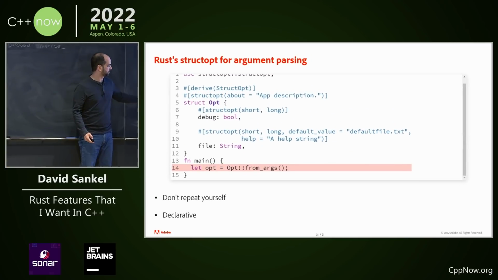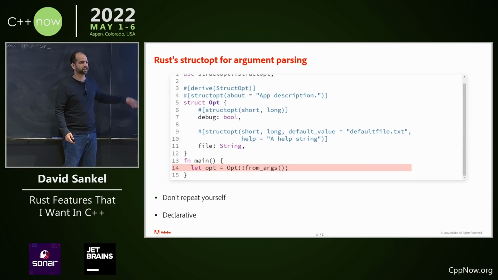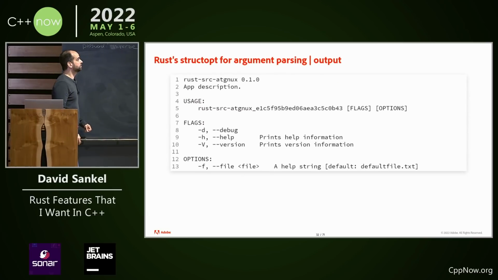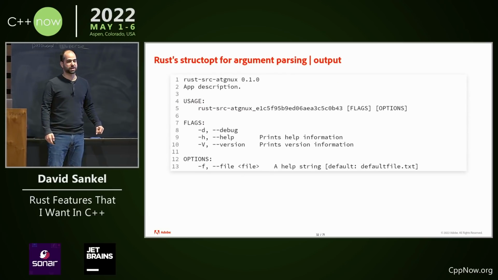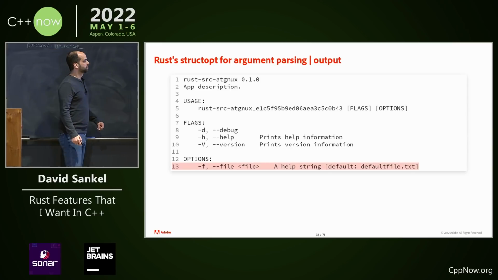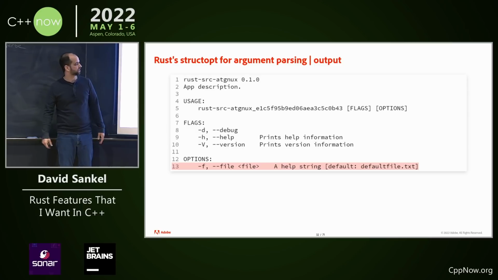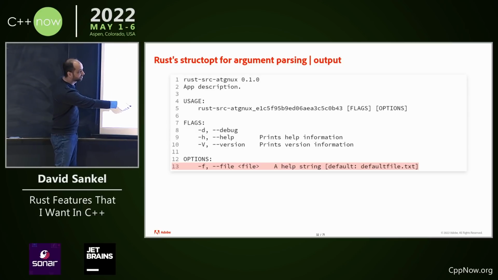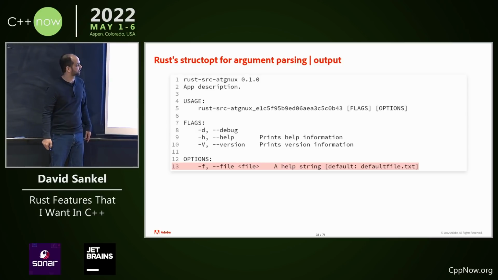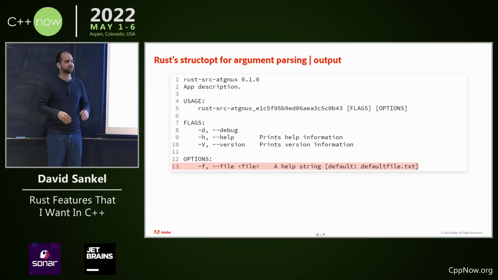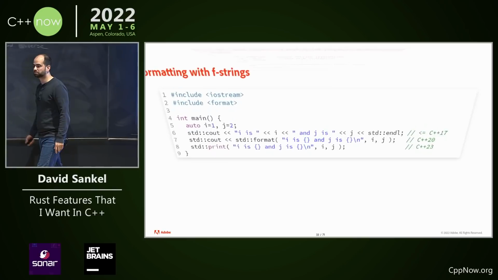Anyway, yeah, it's declarative. I don't repeat myself. I can easily write tests for this code. Another thing that's kind of cool is that when I put --help on this thing that got generated, you see how the help string for --file says a help string. Obviously, it pulled that from the thing, but it also pulled the default argument. It just threw that right in there. Now, if I was doing this in CLI11, I would have to make my docstring mention the default. That's just another thing that could get out of sync with the actual default. I just think that's kind of cool.